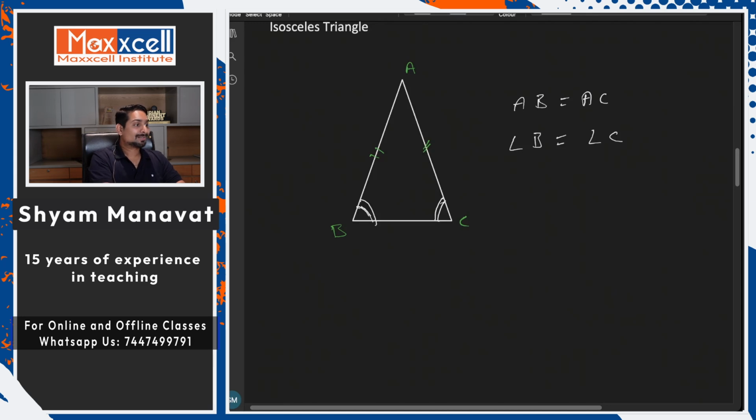Okay. What else? For this, pay attention. That's very important. If you draw an altitude or any median between these equal sides, now this AD, we can say, is equal to median, altitude, angle bisector,